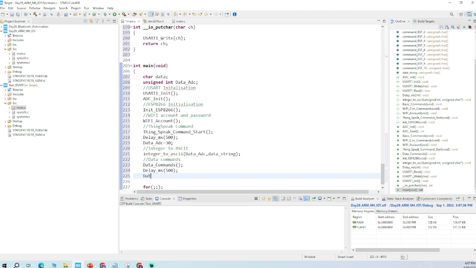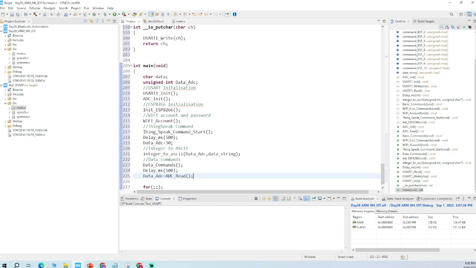Then you need to link that to the ADC, the PA equals ADC read value of. So whatever data you control, that has to be read with that variable data. Data commands, delay of 500, then